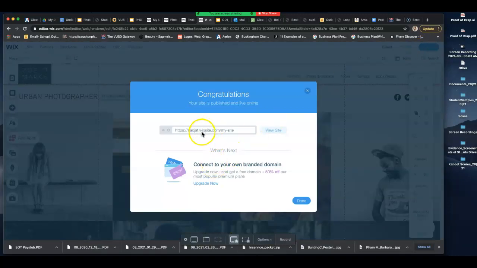So when I click publish, look at this. This is very important for you guys to do. You have to make sure that you know this information right here, because you will need that to give to people when you want to give them your portfolio. And then if you click done,